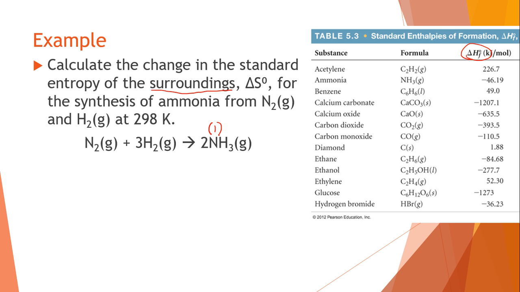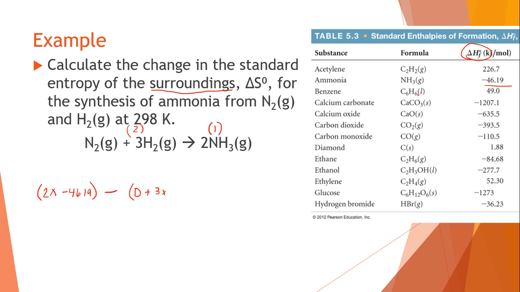Products always are going to be first. Reactants are always going to be subtracted from that. Here we have 2 times, and if you look over here for ammonia, NH3, the value is negative 46.19, minus my value for N2, which is an element. It's in its standard form. It's typically a gas, yes. And if you look over here, you don't see it on the list. So that's going to be 0 plus 3 times